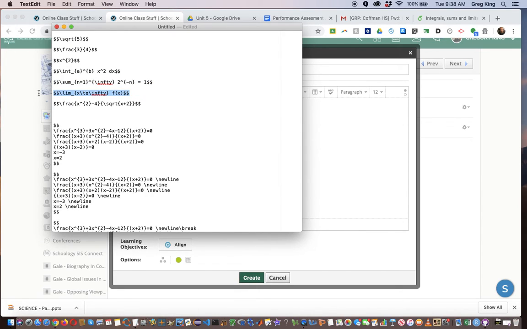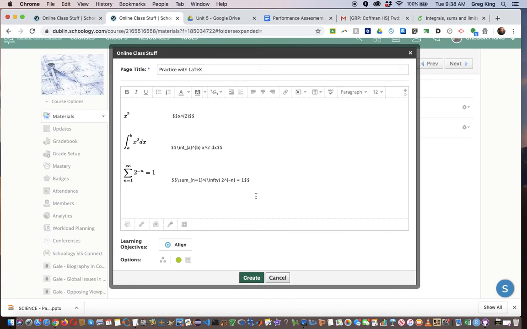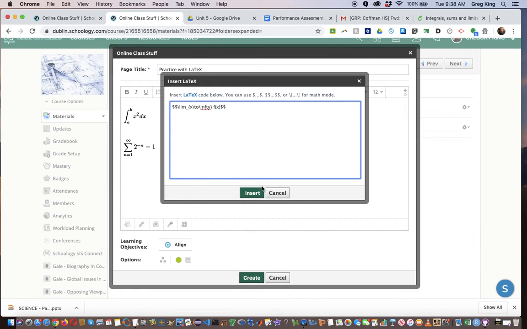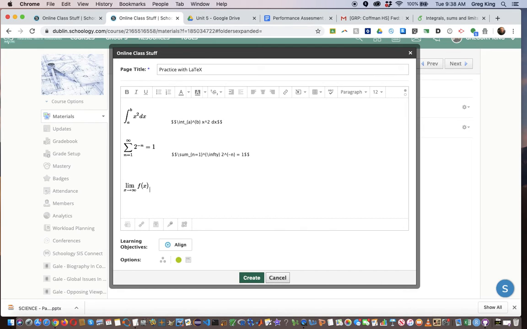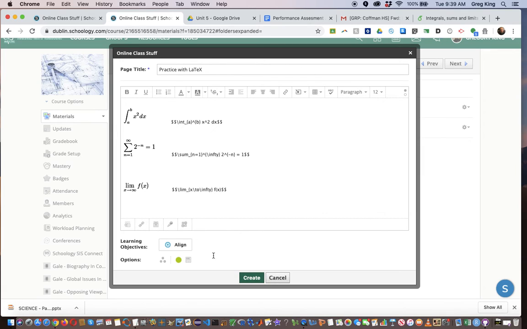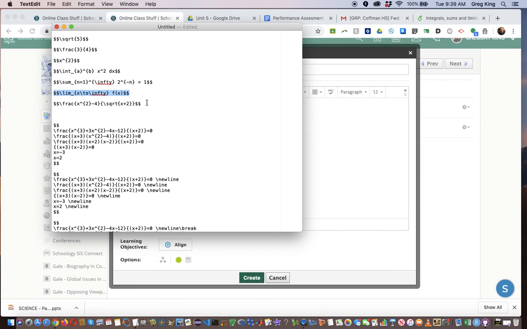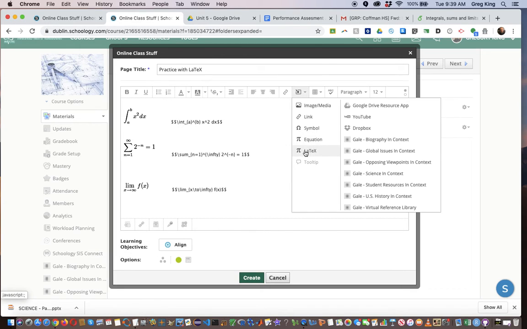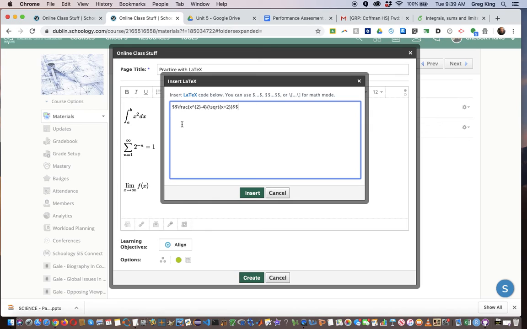Here's a limit. Which is that. And finally, let's try, oh, hold on, let me grab that. Let's try something that incorporates a bunch of these together. So we're going to insert LaTeX. Let's look at this. It's going to be a